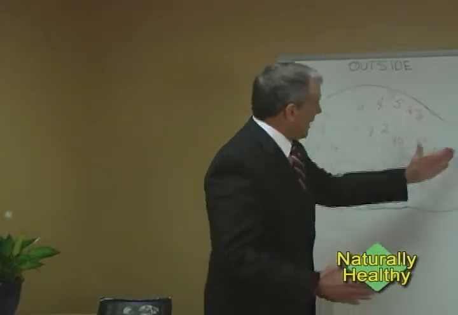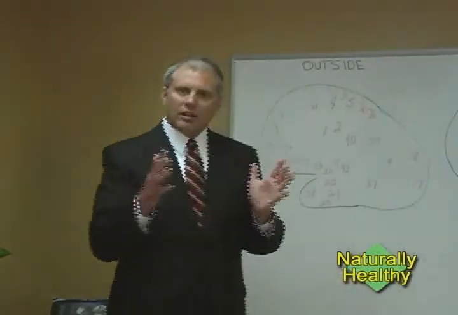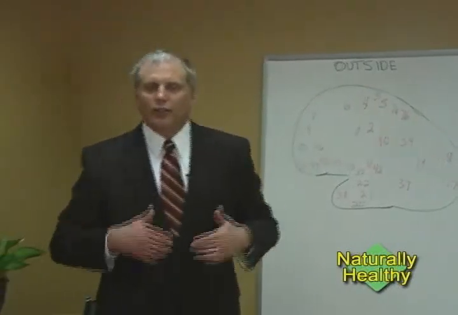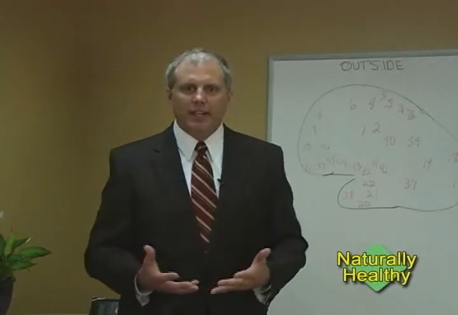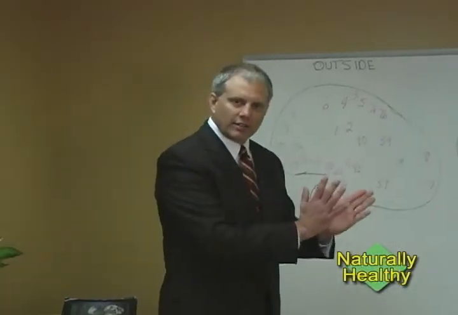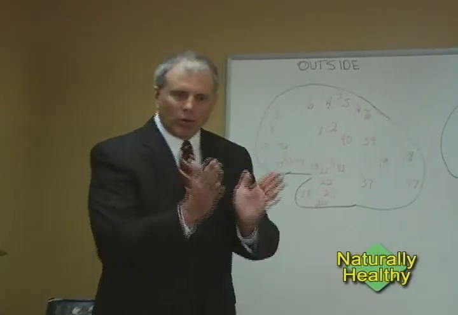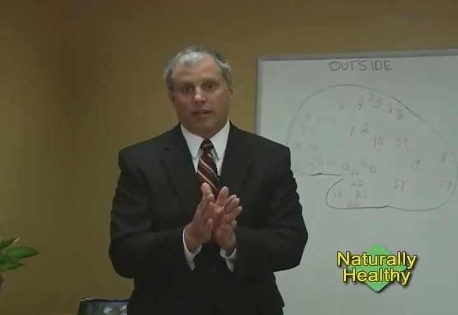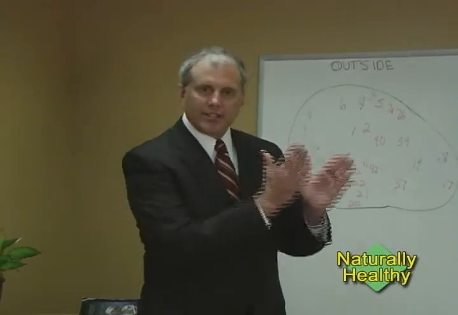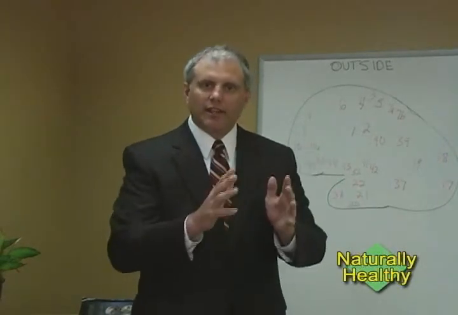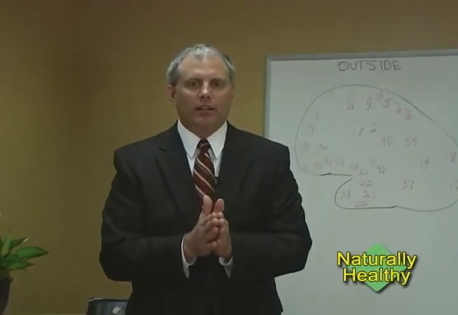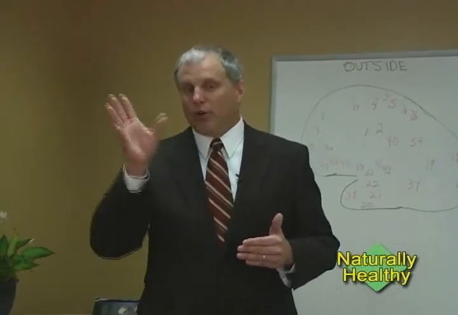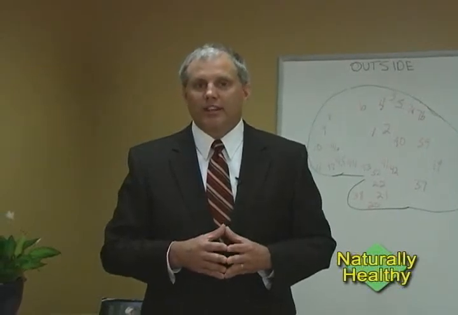Now folks, generally speaking, I've showed you a lot of different brain regions here that do different things. They're by each other. There's different areas that are close to each other. The long and short of it is, in many instances, we can stimulate areas of the brain that are adjacent or close or somewhat associated with an area of the brain that is not working very well. And by stimulating those areas that are surrounding, we can have at times a positive change in the area that is not working well. You just got to know which nerves to stimulate that go to different brain regions. And it can be done